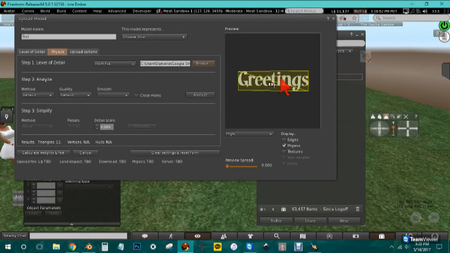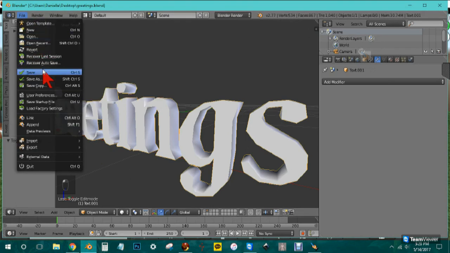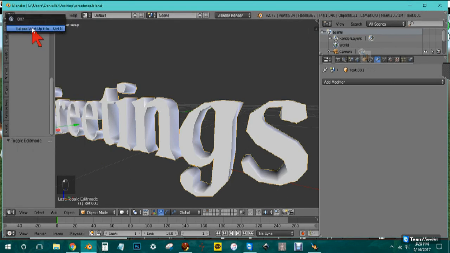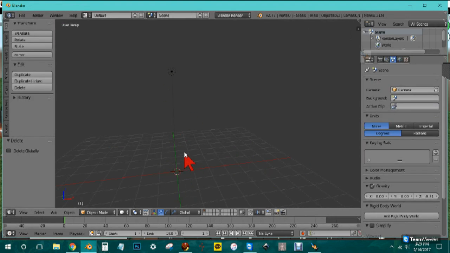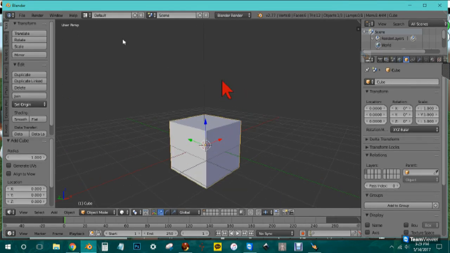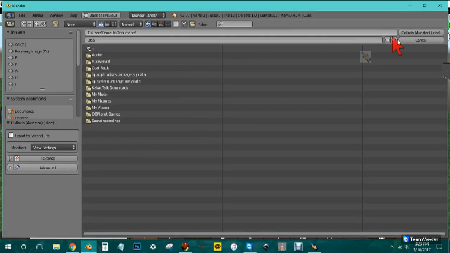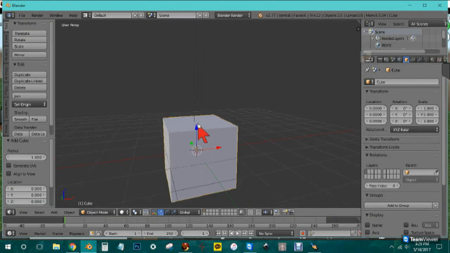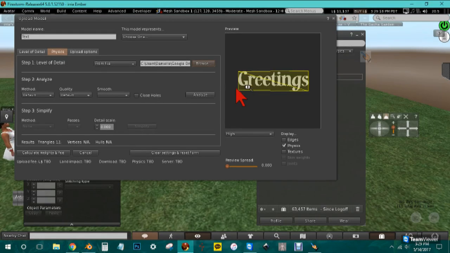I'm going to select a mesh cube that I just made in Blender, which was nothing but a simple cube that I saved out as my physics cube. So all I did was add a cube, and then I just exported this as my mesh cube